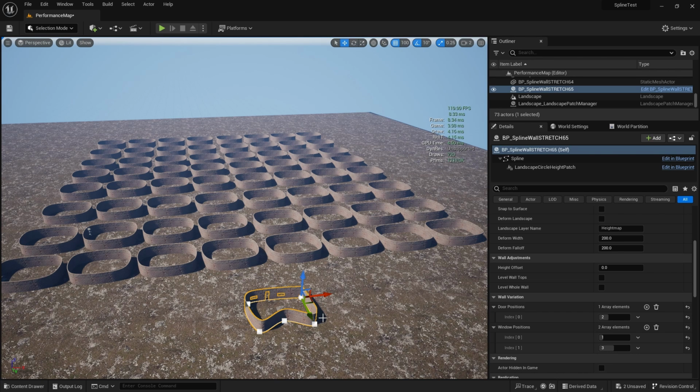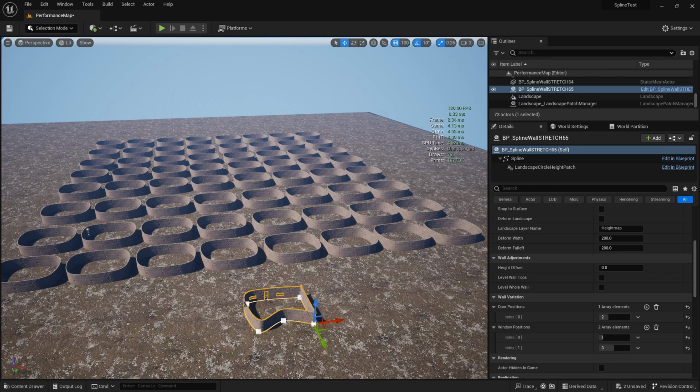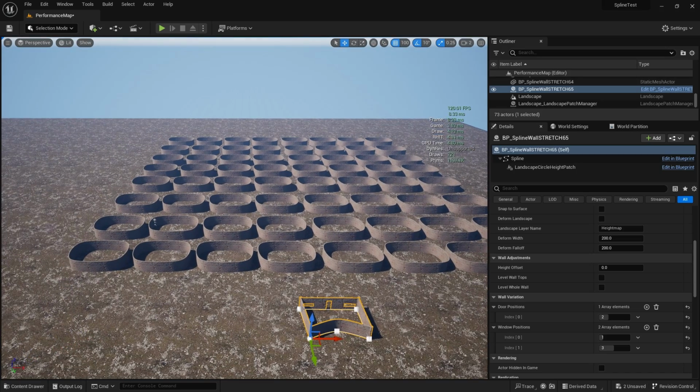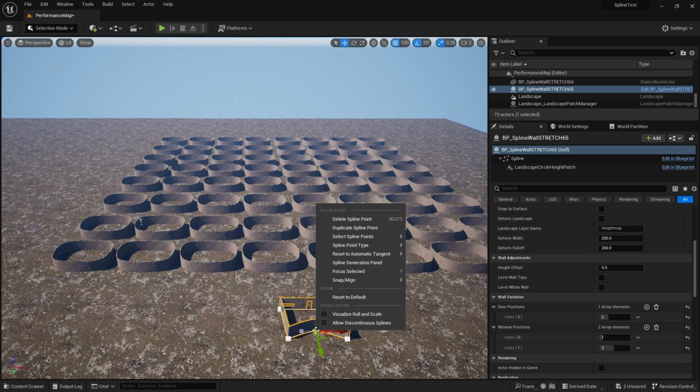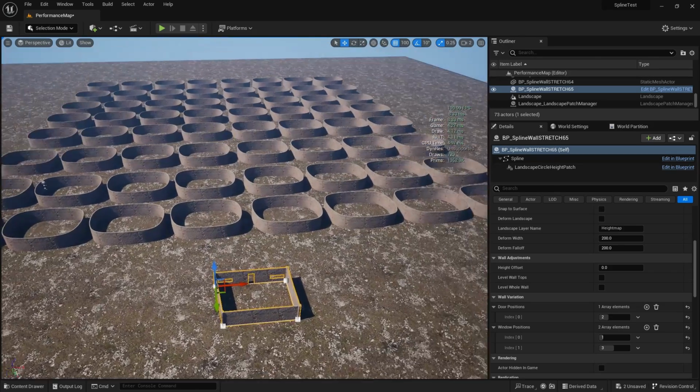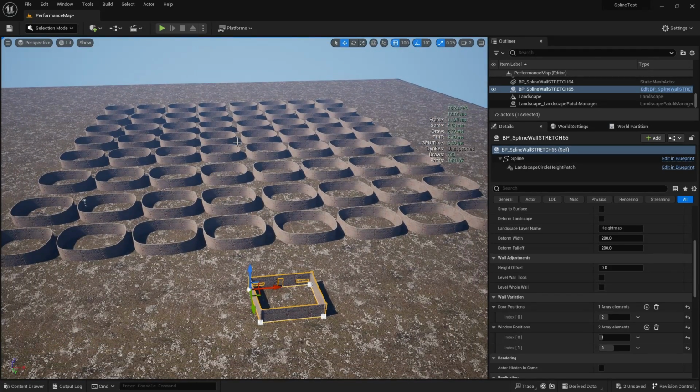Again, it doesn't really matter. I'm just showing you that I'm changing it. So let's change that. So I'm doing Shift T on my spline points to make them into tangents. And in fact, let's delete that point there because I want it to be a square room. Okay, so I've changed that, and now I want to reflect it in all of the other copies. So all I need to do is go back up to the actor,